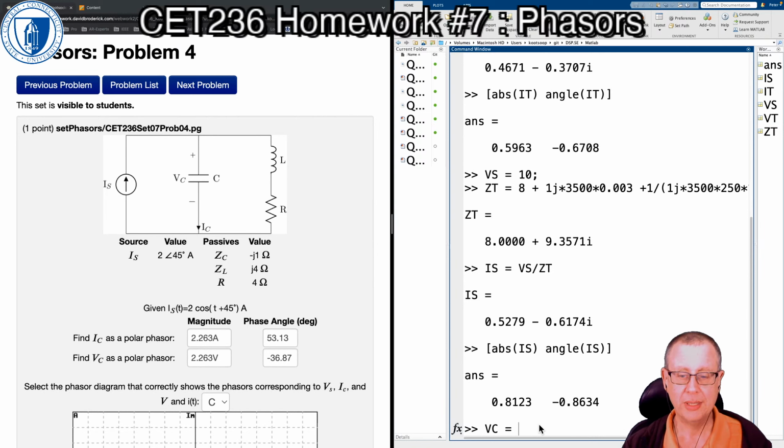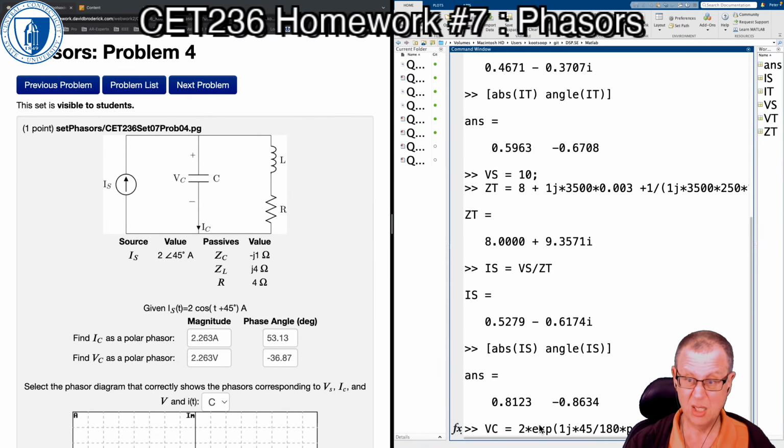is going to be V equals IZ, so it's IS, so that's 2 times exponential 1J times 45 on 180 times pi. That's our IS, and our Z is going to be 1 on ZC, so 1 on, so ZC,